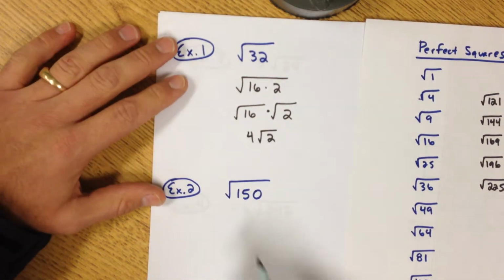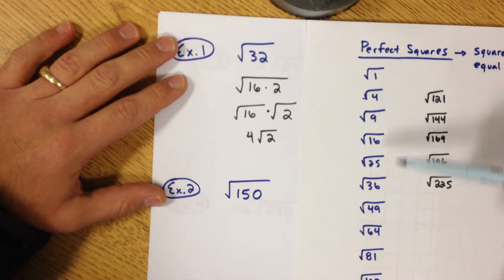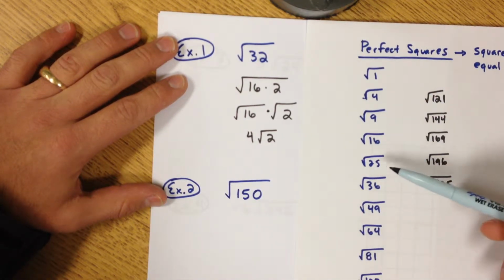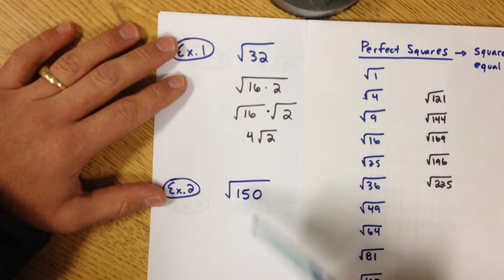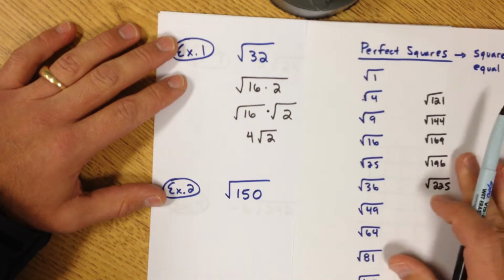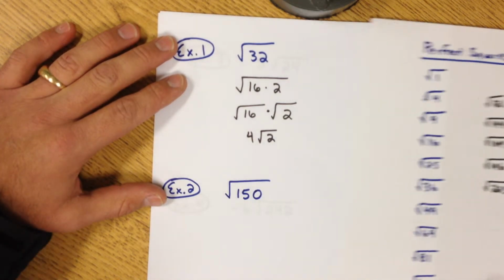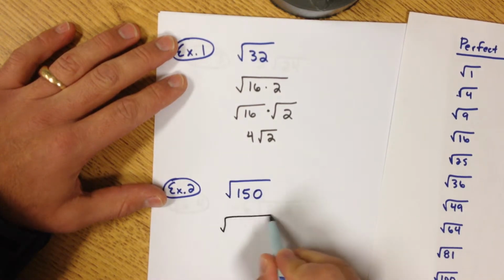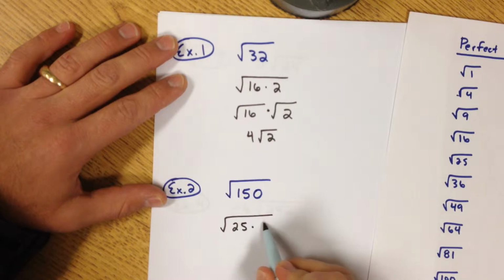Same thing here. I'm going to look at my list and search for something that goes into 150. And I see that 25 works. Now I want to pick the largest perfect square that goes into 150. If I look at the rest of the list, none of these other ones go in there. So this breaks down into 25 times